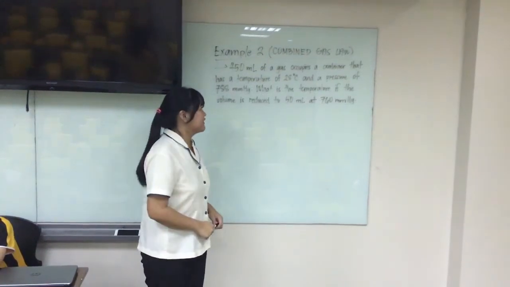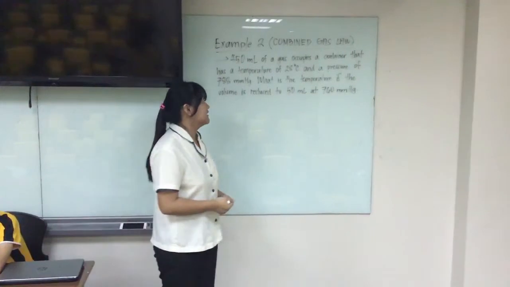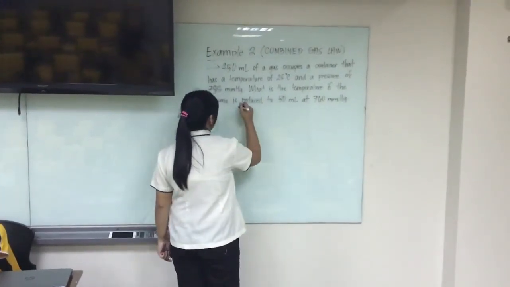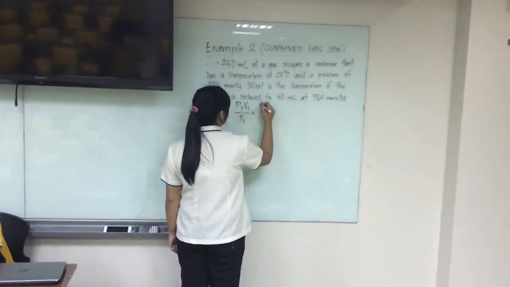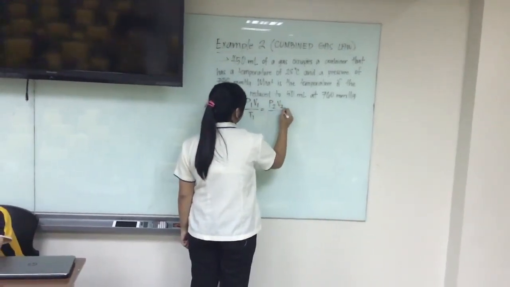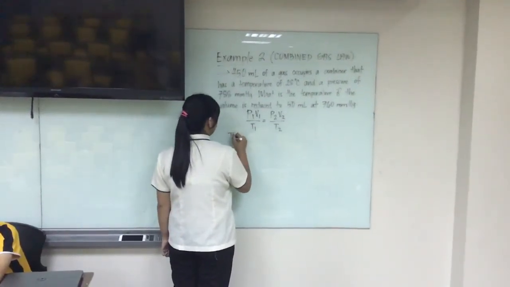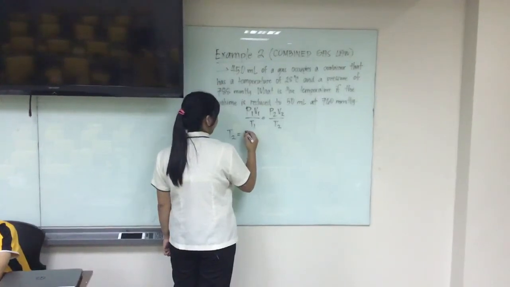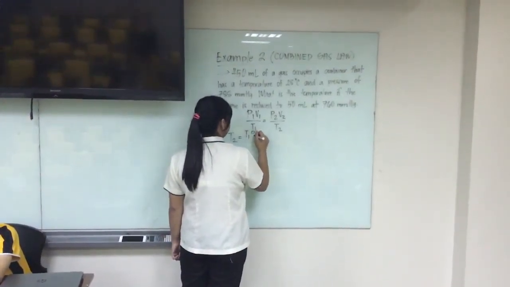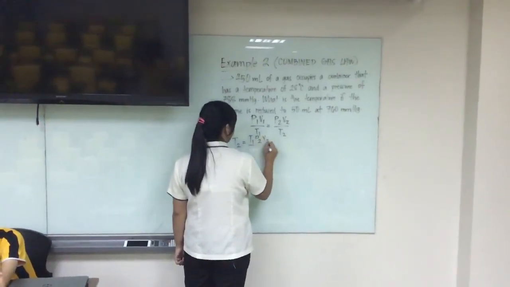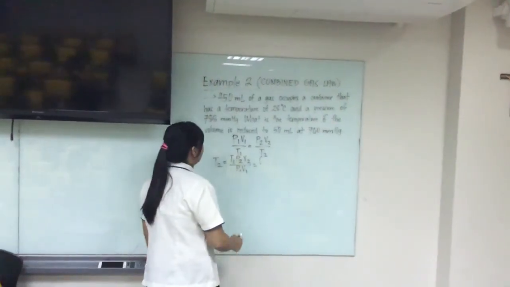Our teacher will show how to solve this problem. This is an application of the combined gas law, for there are no values or quantities that are constant. So the formula for the combined gas law is given by P1 V1 over T1 is equal to P2 V2 over T2. T2, when isolated, is found by multiplying T1 by P2 V2 over P1 V1. Substituting the values,